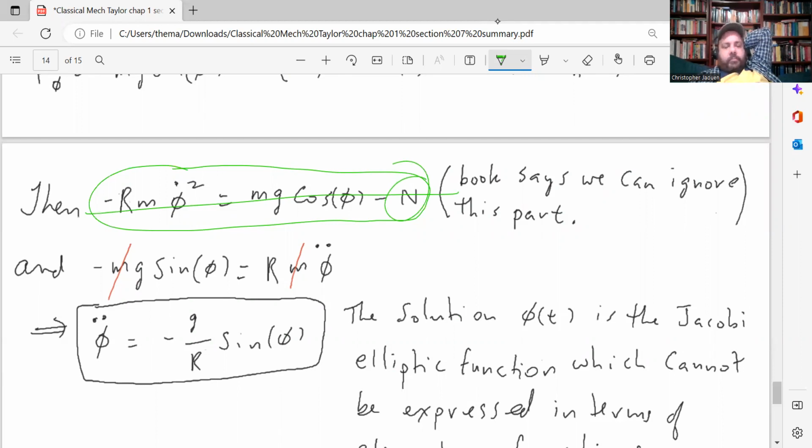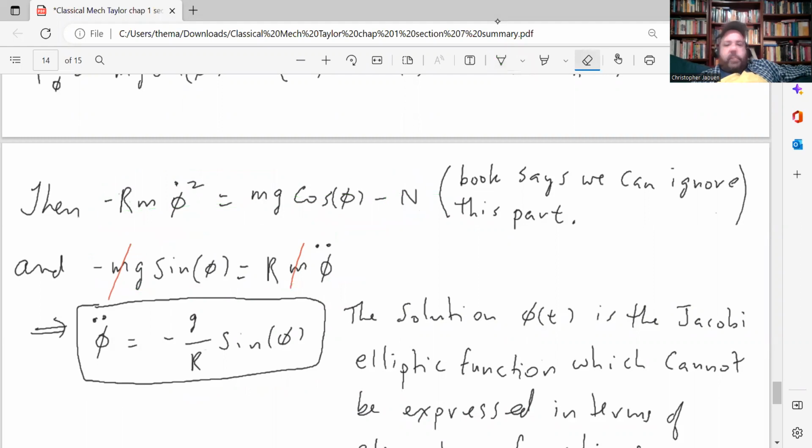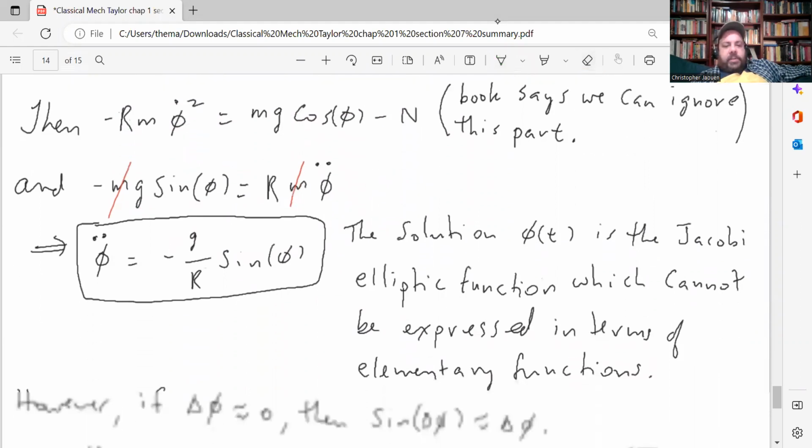In fact, since the motion of the skateboard is along a circle, we know that the radial direction will always be fixed. So the motion of the skateboard is completely determined by phi. So we can just focus on this differential equation here. I canceled the m's just to get a simpler expression, and then I solved for phi double dot, which is the second derivative of phi with respect to time. So we get this differential equation here, which looks innocuous enough, but